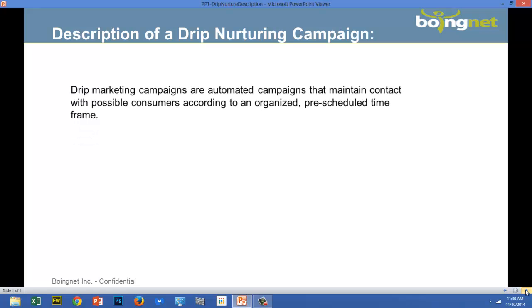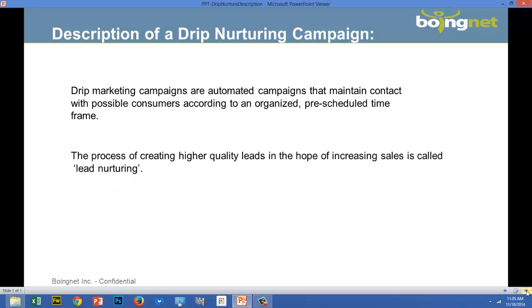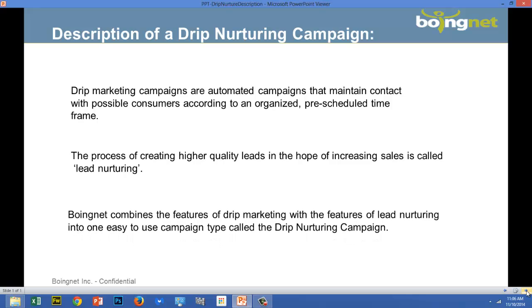Well, drip marketing campaigns are automated campaigns that maintain contact with possible consumers according to an organized, pre-scheduled time frame. The continued contact that drip campaigns offer is great for branding and elevating a product's visibility. And the process of creating higher quality leads in the hope of increasing sales is called lead nurturing. Boingnet combines the features of drip marketing with the features of lead nurturing into one easy-to-use campaign type called the